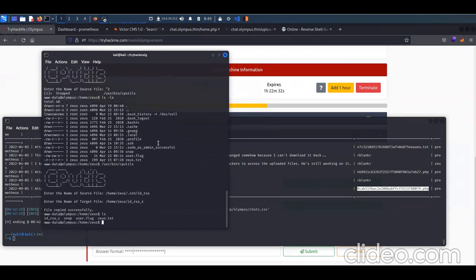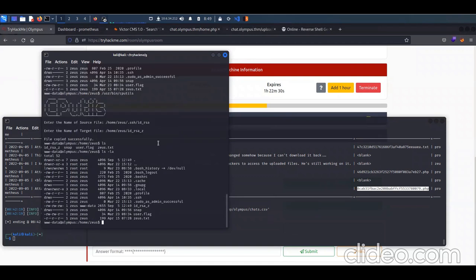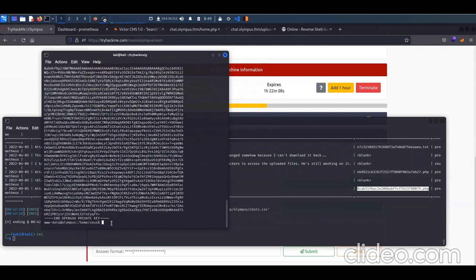Let's look at that. So ls -la. All right, so you see, we can open this file. We can read that file now, and we didn't have this access before. So let's take this private key,